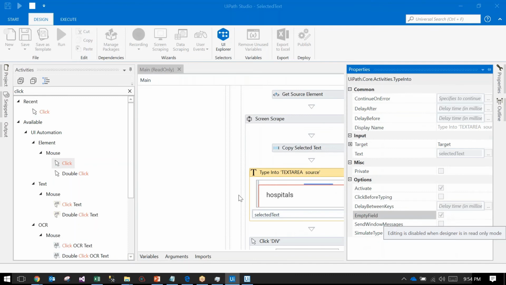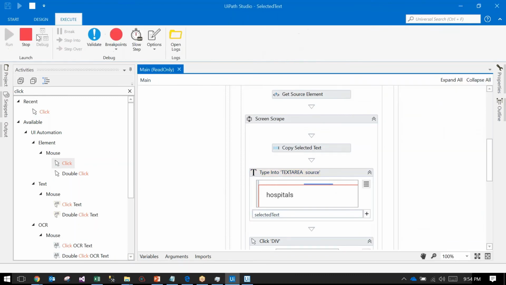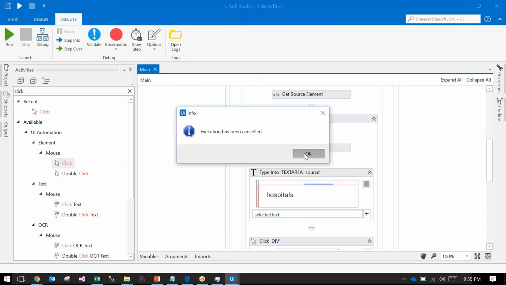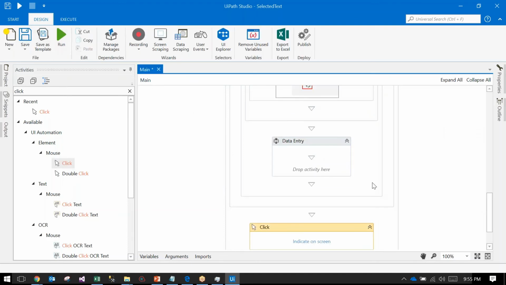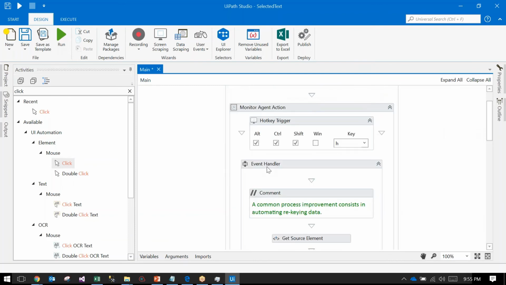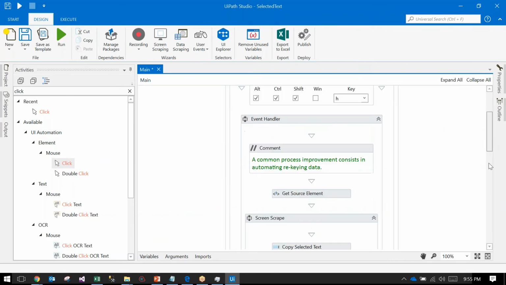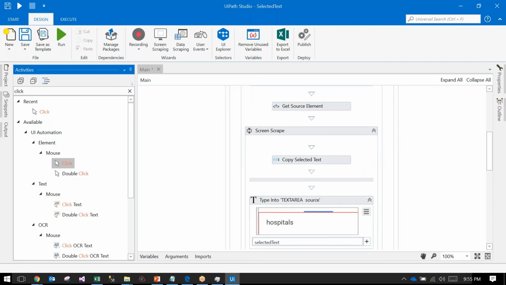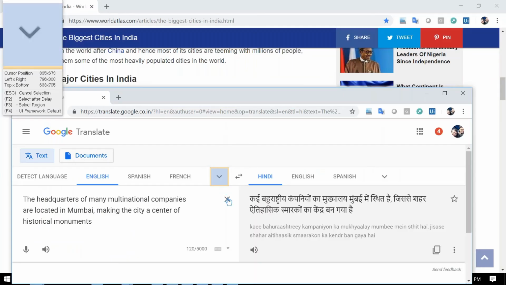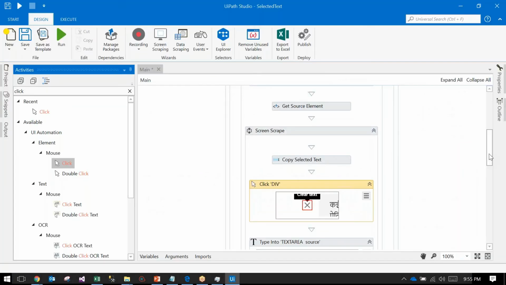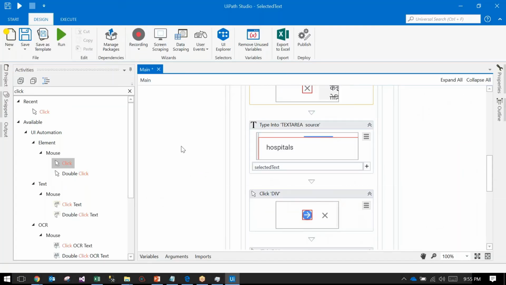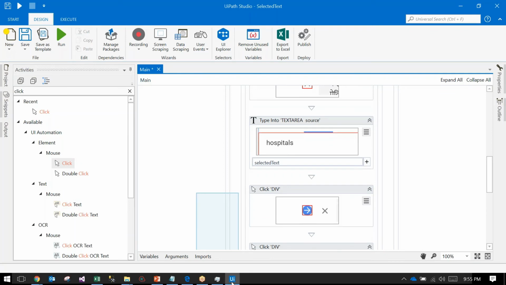Empty field is a checkbox, but otherwise you can use any click activity before typing. First it will clear, and then it will type. You can do so many things, not only translate.